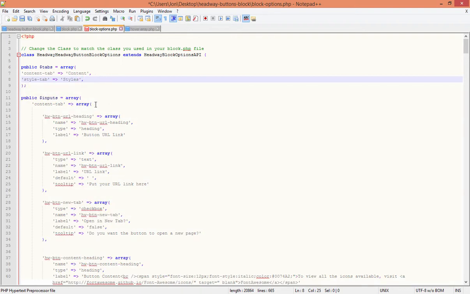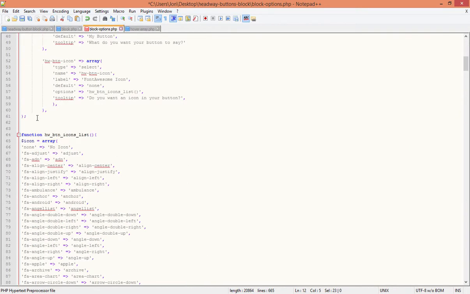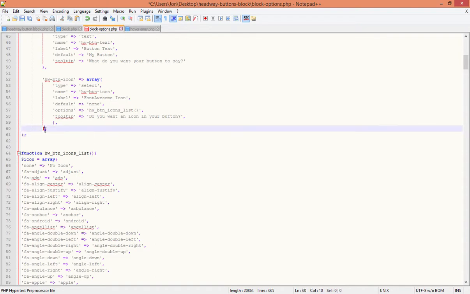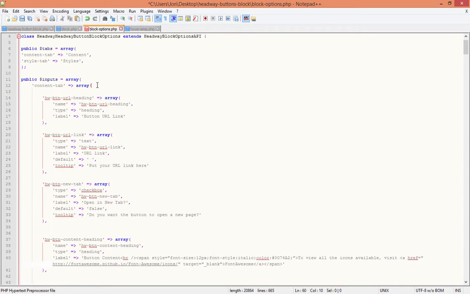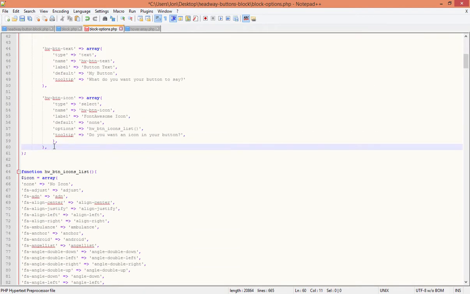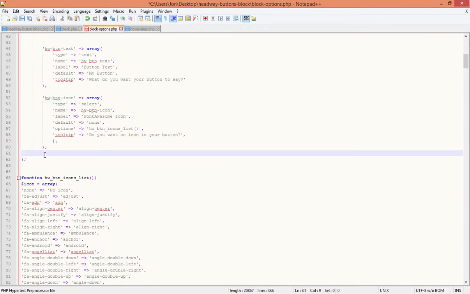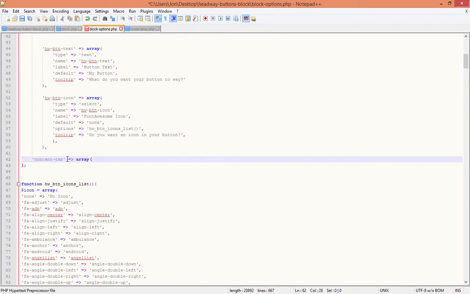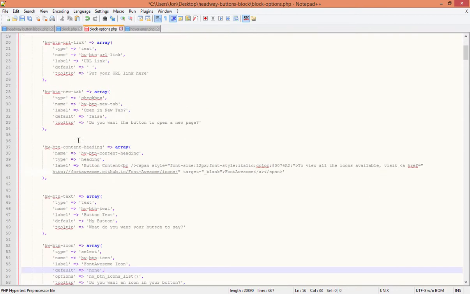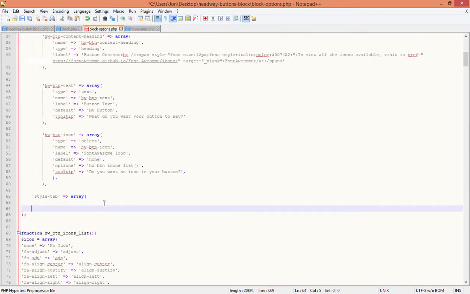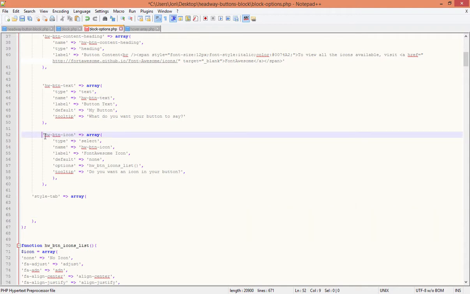Okay, and what we want to do is copy that. We'll just jump down here. So before this last one, if you look at that, that's the ending for that array. So we want to go after that, but we want to make sure we would be before that last one. And we will go style tab. Was it styles? Was it style tab? Yep. And then we also want to make sure we close off that array. Okay, and we can just continue on with building